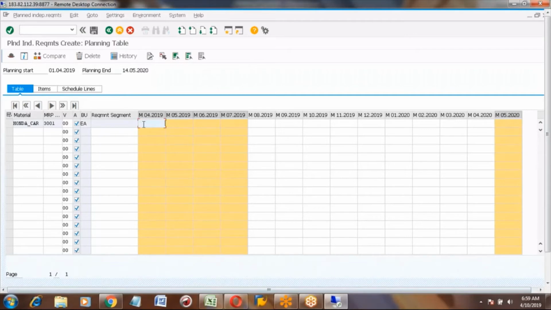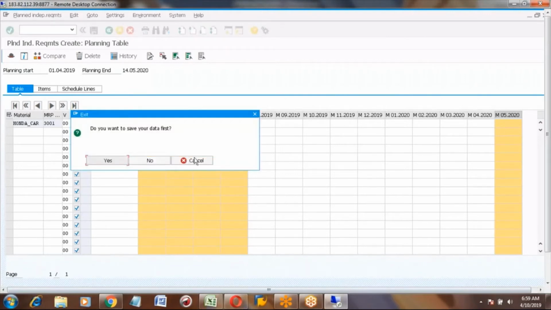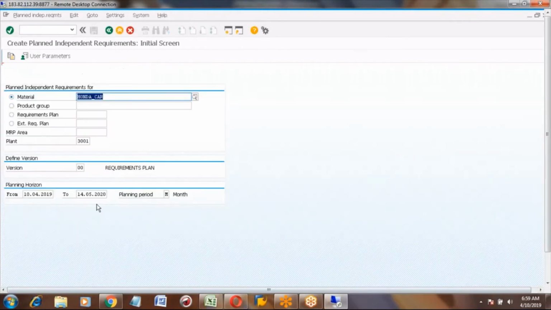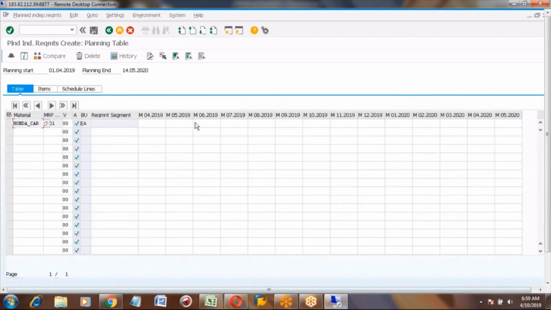So if the company says 4 months, we can go up to 4 months. Correct. In the initial screen, whatever horizon you maintain, there is no problem here. If you want to maintain only 4 months of data, you can maintain.